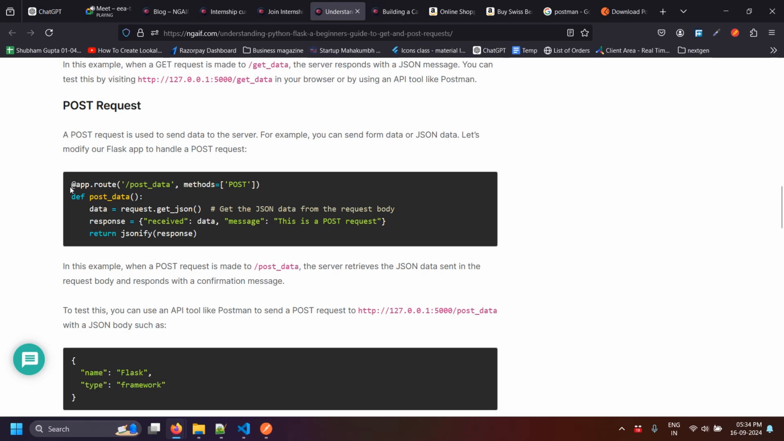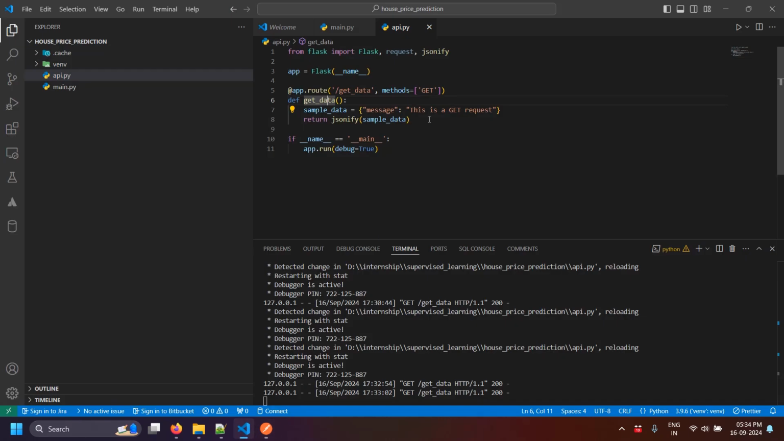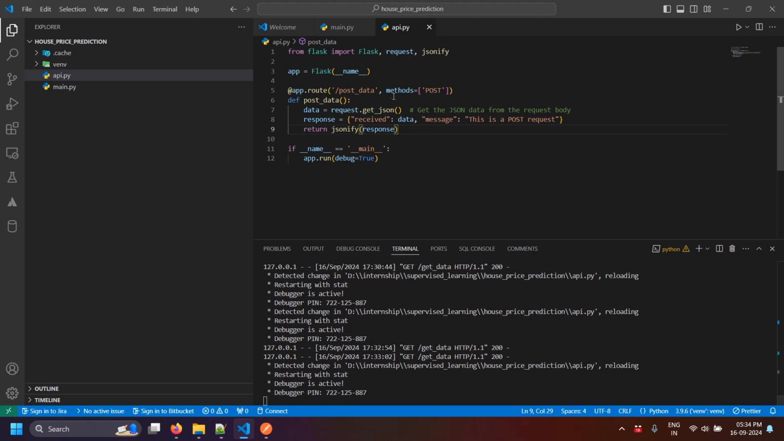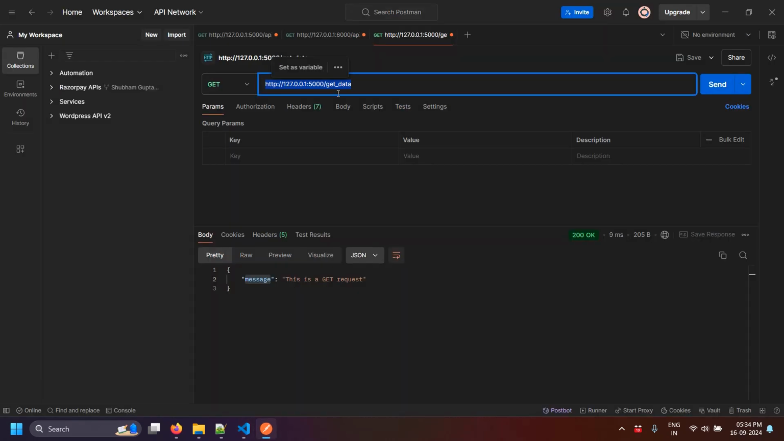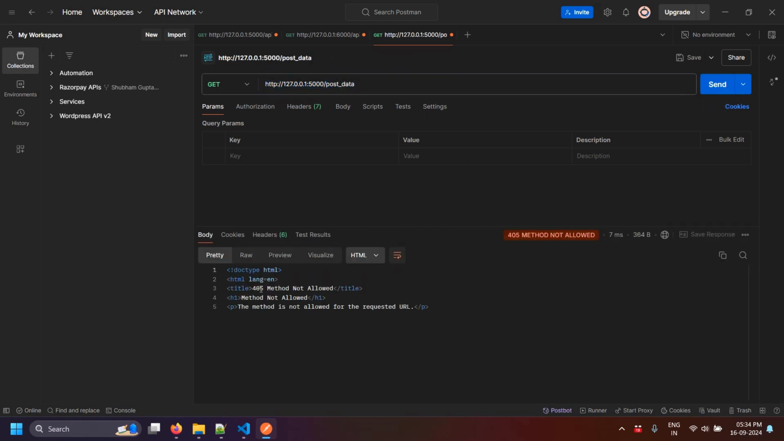Let's see a simple POST. What I will do is just replace this code with this one. Now I will try to access this using GET and see what kind of error I get. Error 405, method not allowed. This method is not allowed for the requested URL. See the error. If I change this to POST,